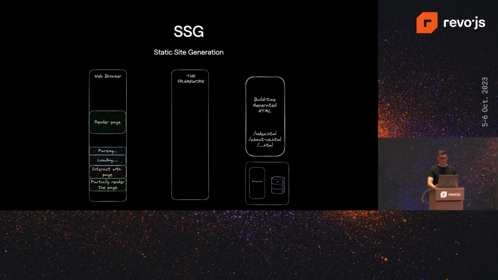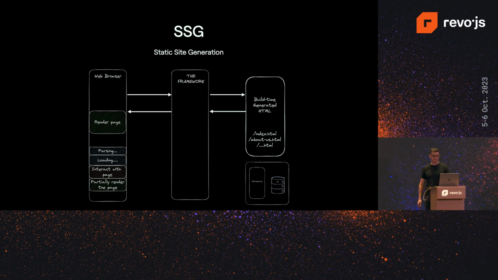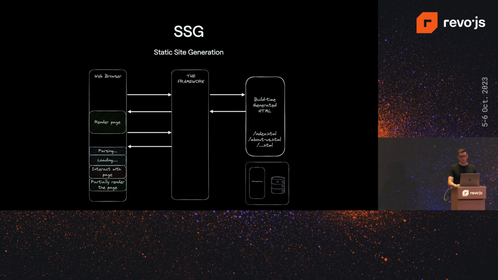So how does static site generation actually work? It's very simple. Your HTMLs are built at build time, so when you make a new deployment, your framework will go and generate all these HTML files for all your pages. Now, the problem with this is obviously that the data is going to be static at the point of build time, and there's not really that much interaction that you can do, but you can still load JavaScript bundles, allow parts of interactivity, and then from a statically generated HTML file, hydrate it and do whatever you need with it.